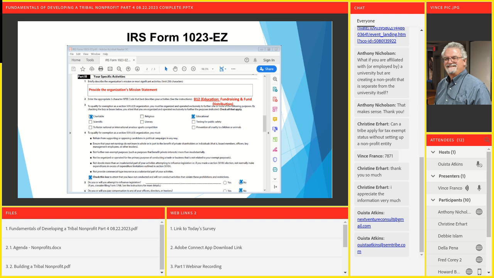And then at the very bottom: do you or will you pay compensation to any of your officers, directors, and trustees? Now, this is a whole new area. This is the compensation of paying your board of directors a salary for being a board of director. Be careful how you answer this question. The go-to answer is going to be no, that they are not paid staff.